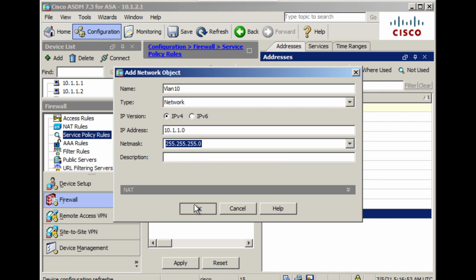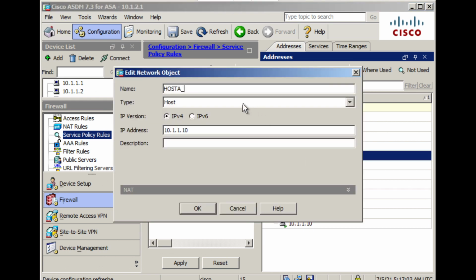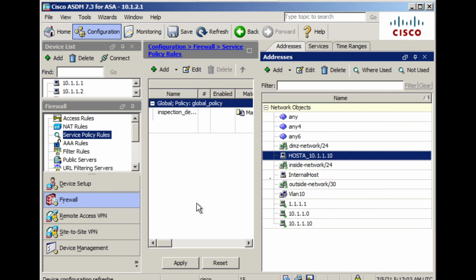Okay. Now also keep certain information while you're creating the objects, like Host A, give the host IP address as well as part of your name. So in that way, when you see the object, you will be able to understand what IP address you are referring to on the object, right?